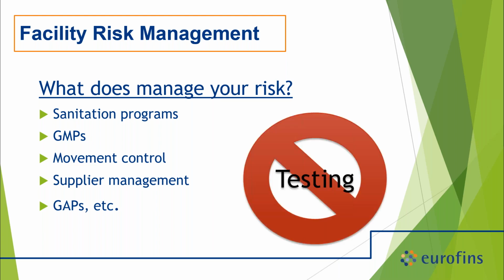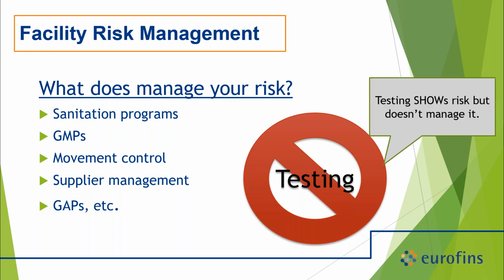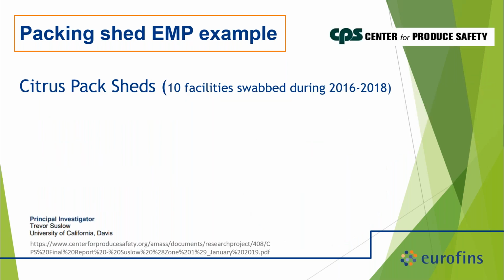One thing that's not there in terms of environmental monitoring programs, which is what everyone thinks about when you say environmental monitoring program, is that your testing manages your risk, and that is not on there. That's because testing just shows you your risk, it doesn't manage it. So environmental monitoring programs can be designed, they can be implemented, and they can be not effective at managing risk because they're just surveilling what's there. It's just telling you your weight. It's what you do with that information that defines whether or not you're going to gain or lose weight, right?